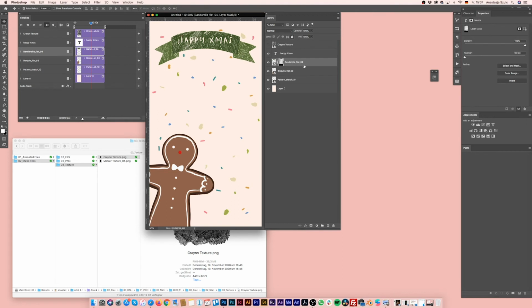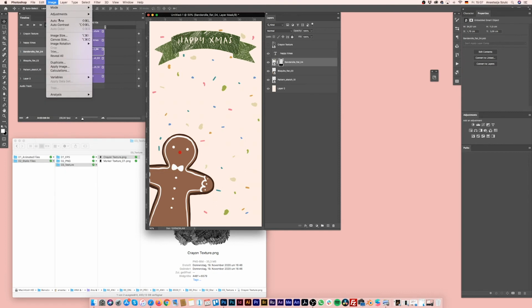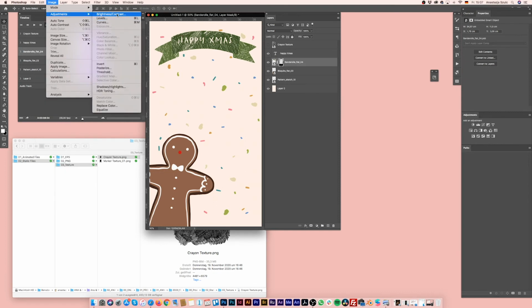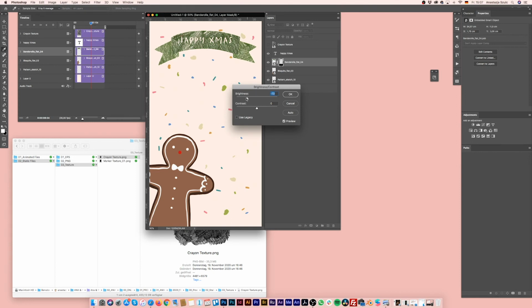So you can adjust it, or maybe copy and paste it so that it's not so intense, or you can press Command L or go to Image Adjustments, and then it's Brightness Contrast, I think. Here you can adjust the intensity a bit more. So this is only a beginner kind of tutorial. If you are not a beginner in Photoshop, I think you know how to adjust the layer mask to make it more in the direction you want. So here we go. Let's make it like this, and yeah, that's basically it.